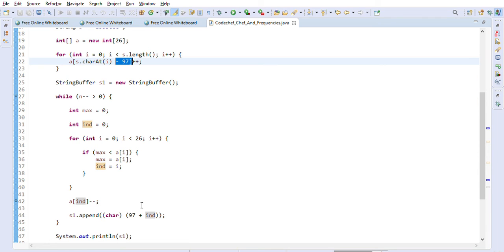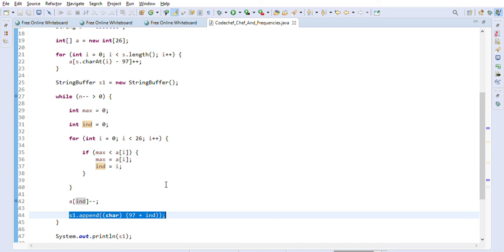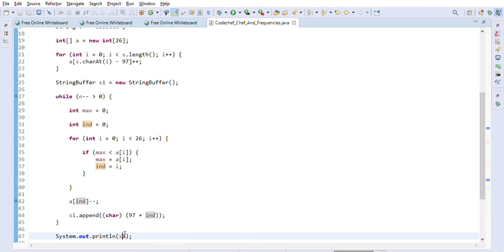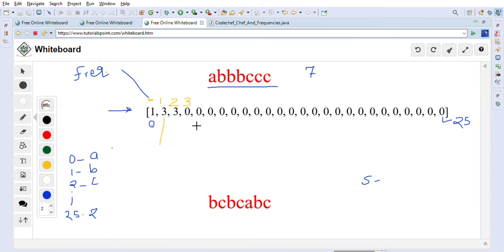Now we are doing the opposite. We have the integer, we want to convert it into the character, so we are adding 97 back, right? And then we are appending it into the string buffer. So we will keep doing it in this while loop, and then at the end we will just print the string buffer here, right? So that's how the solution works.